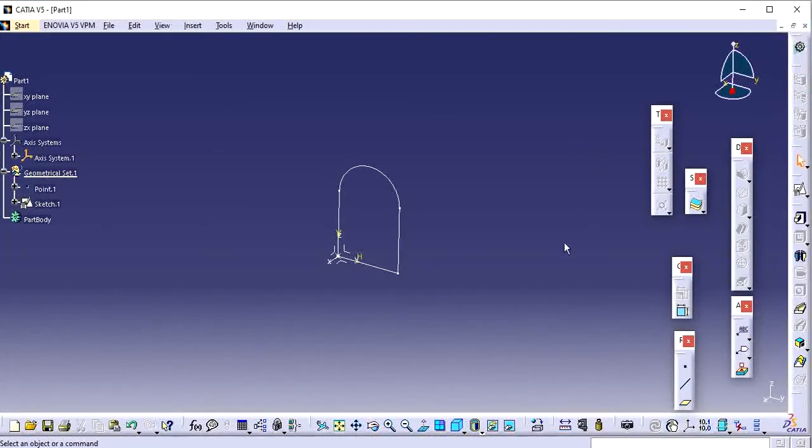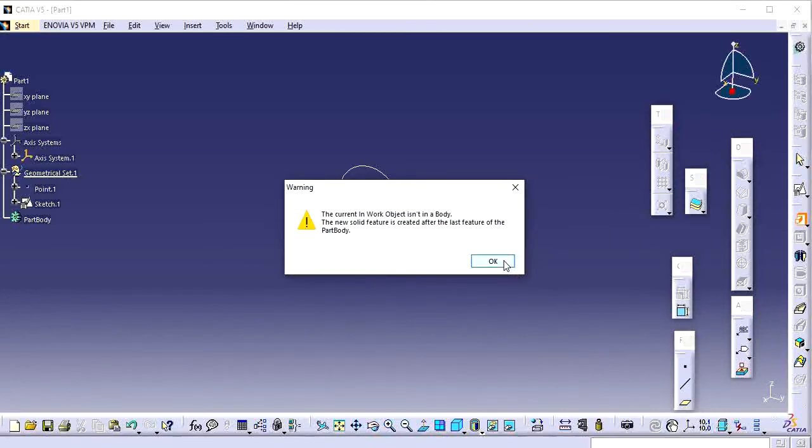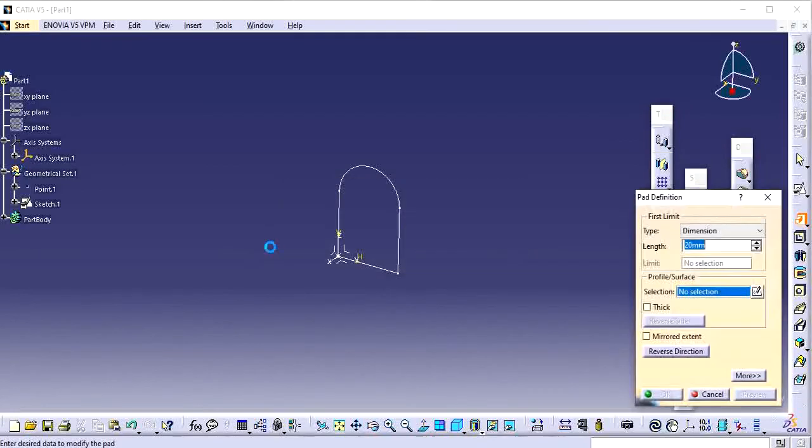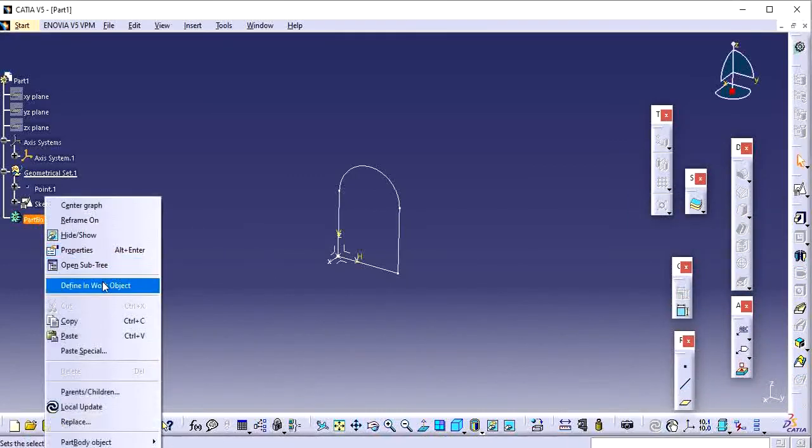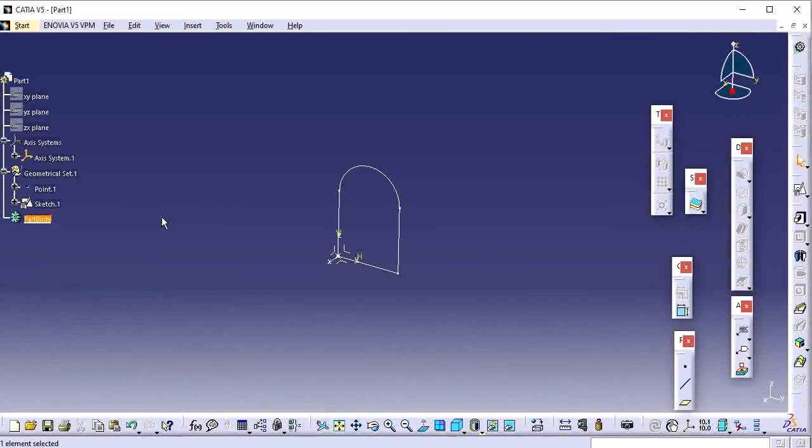Once you have done with your sketch profile, next we need to go for pad. Before creating the pad, you need to define the part body. So which part body you need to bring this pad.